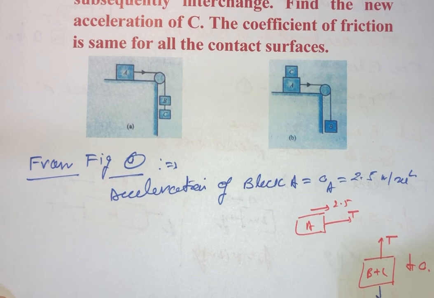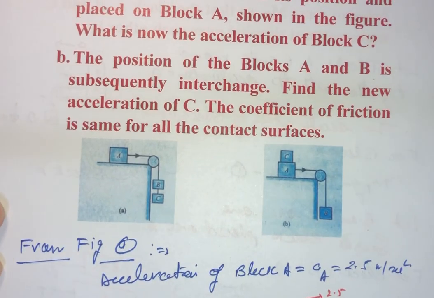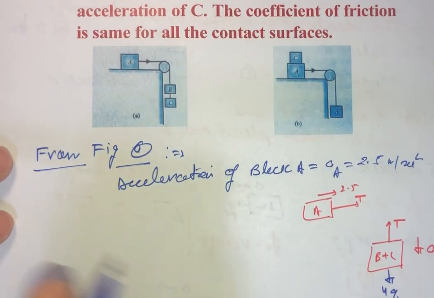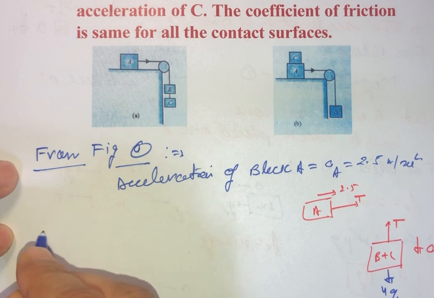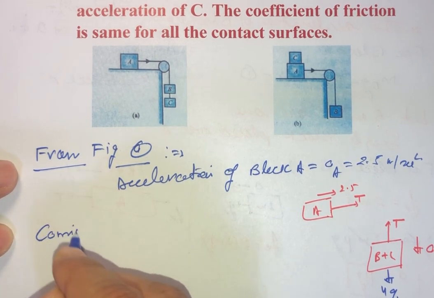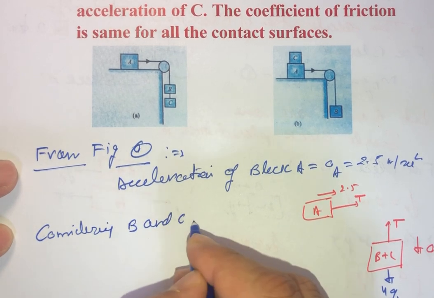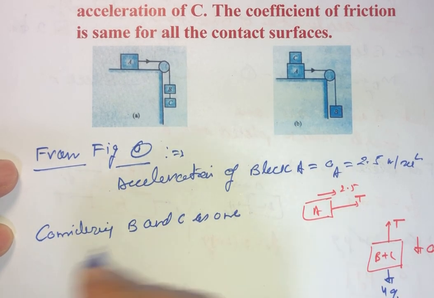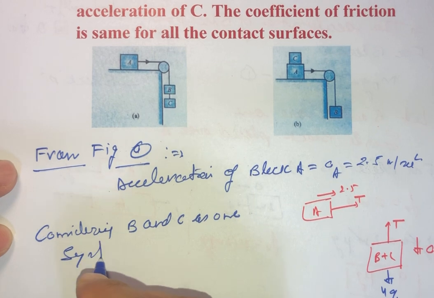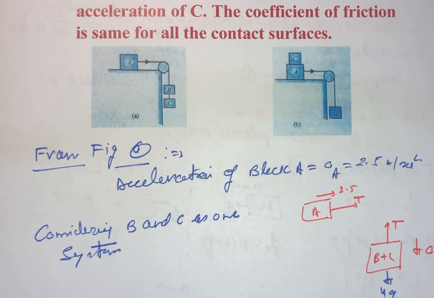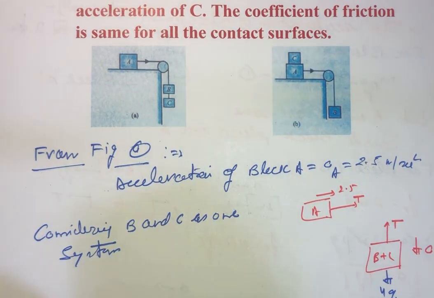The individual weights are 2 and 2, so this will be 4g. Considering B and C as one system, we can write the equation as 4g